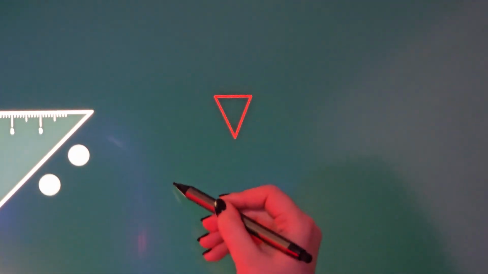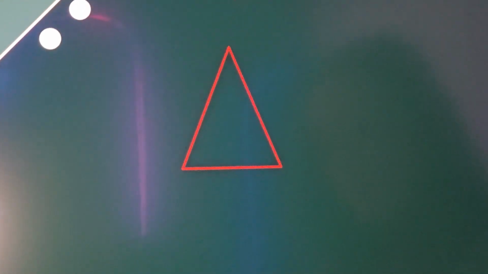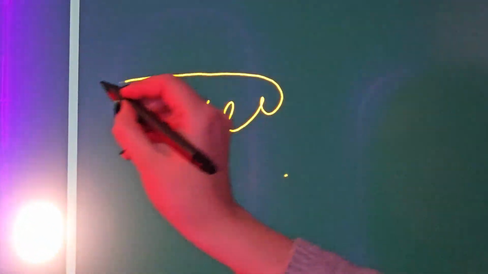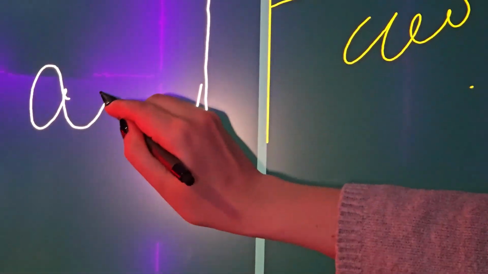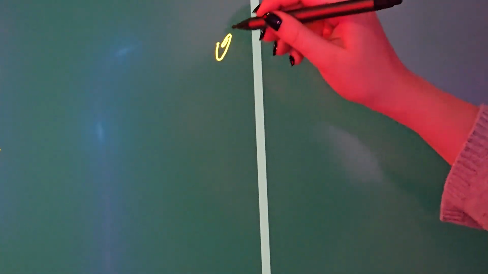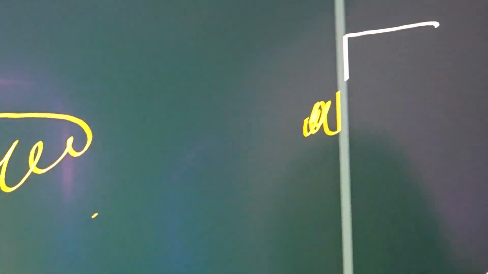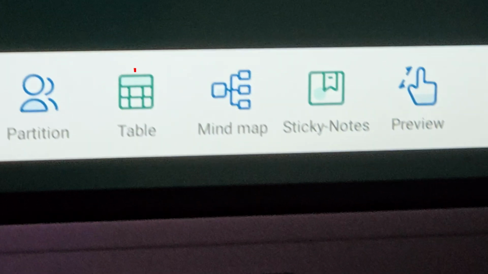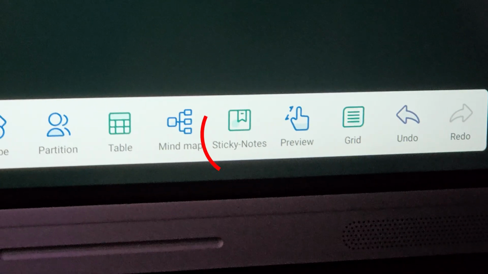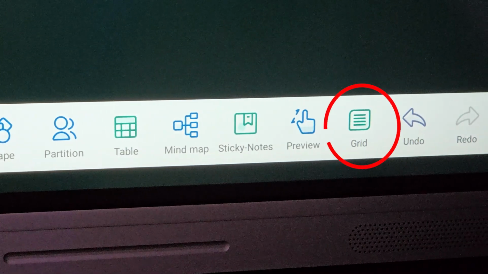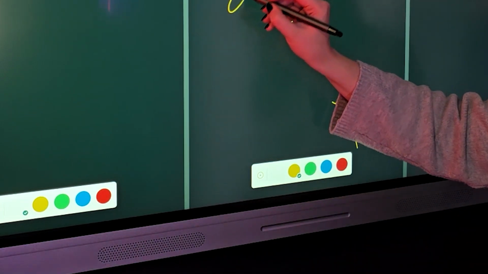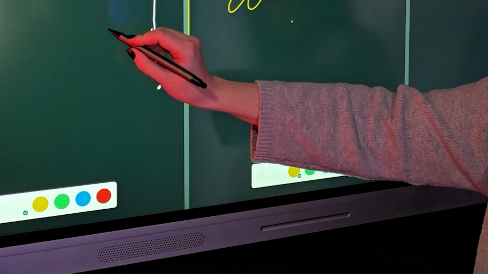For those who need to create more complex visuals, the Shape tool allows you to draw perfect circles, squares, and straight lines. This is great for creating flowcharts, outlining processes, or building graphs in real time. There's also options to insert a table, mind map, sticky notes, and grid system. There's an option to use partitions, which is great for when several people are using the board at the same